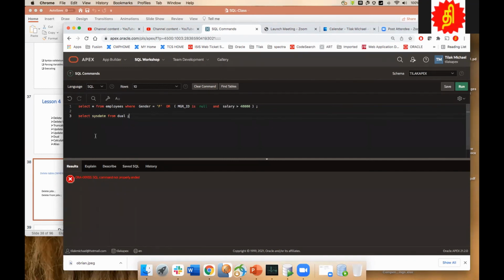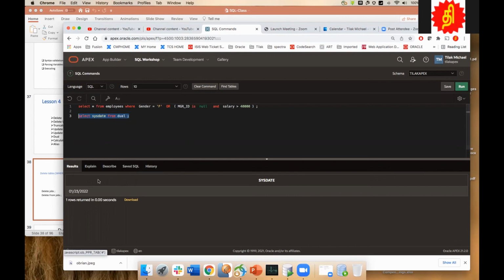Select sysdate. Okay, sorry, I hadn't selected that part. This system date is 23. Probably the database is lying somewhere in Europe, because for me here it's 22. So the date it is giving is the database time, not the calendar time. That's the reason it's 23, either Europe or somewhere in India.